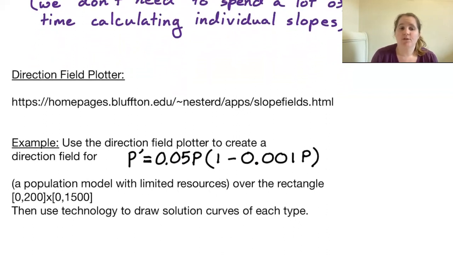This is a differential equation for a population model with limited resources. And then we're supposed to let x range from 0 to 200 and y from 0 to 1500. So we want 0.05p times 1 minus 0.001p. So if I go back,